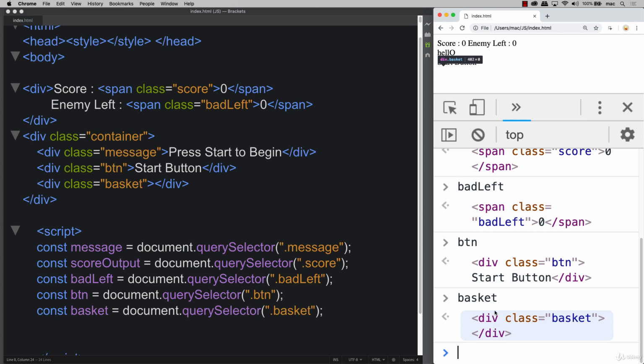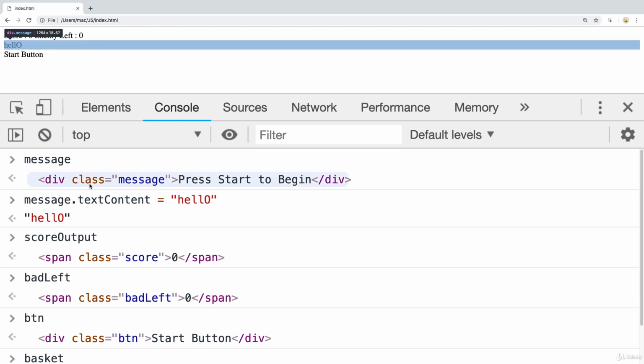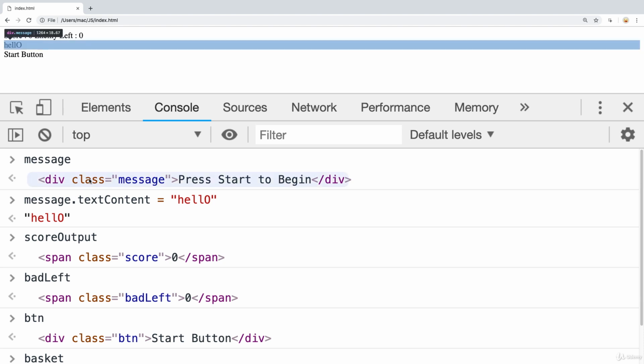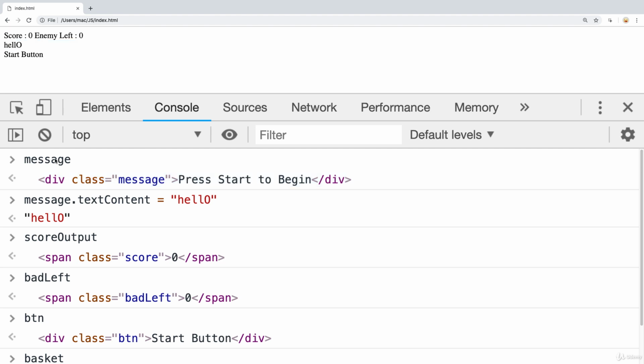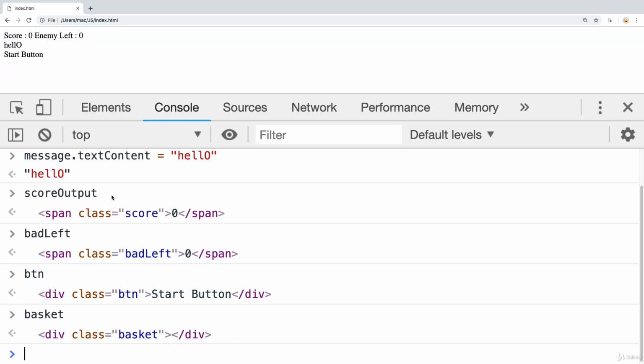And then you can hover over these within the console just to make sure that you did select them properly, and you're going to see them lighting up. And this is only in Chrome. Some of the browsers will handle the console differently, but in this case we're using Chrome, and you can see as I hover over the elements in the console that we're returning back that are associated with the variable names that they highlight as well. And this is how you can be sure that you have made the connection and you're ready to move on